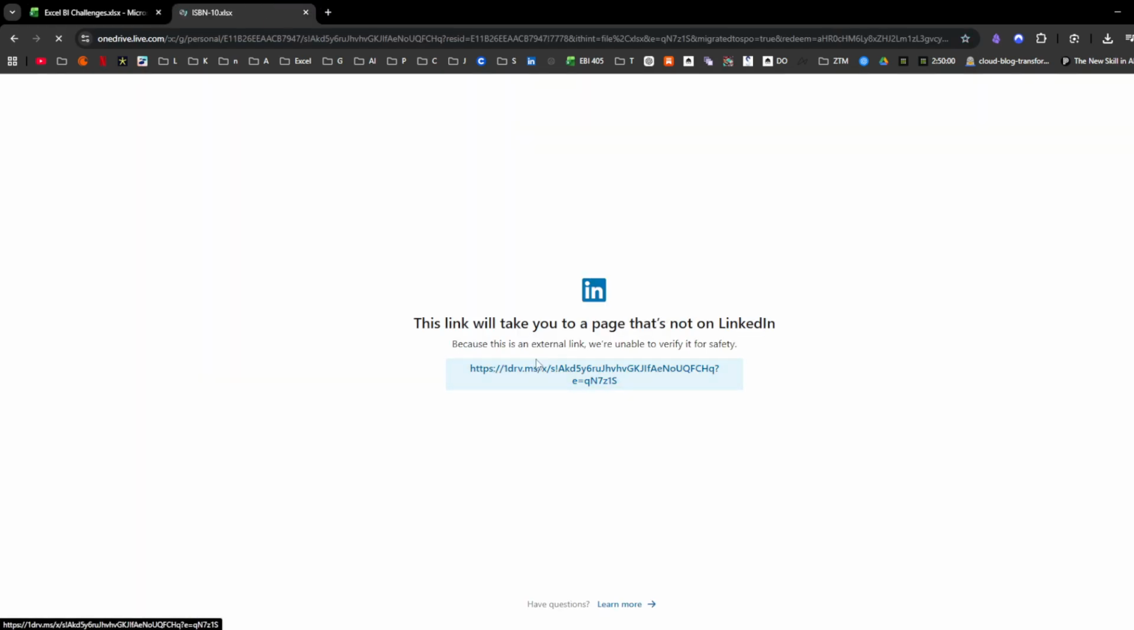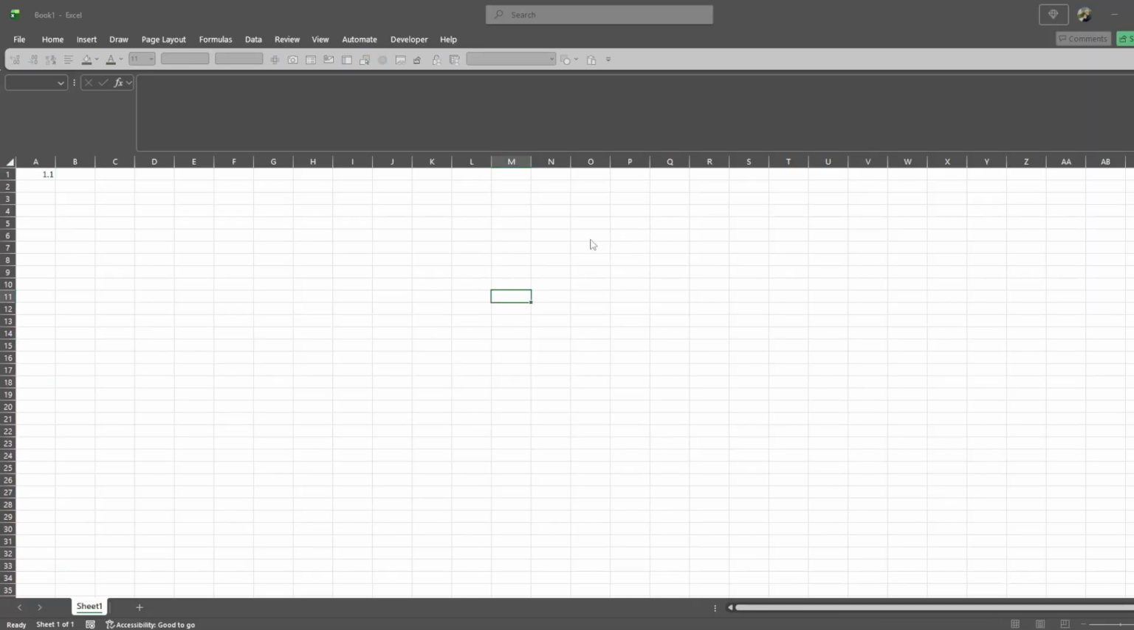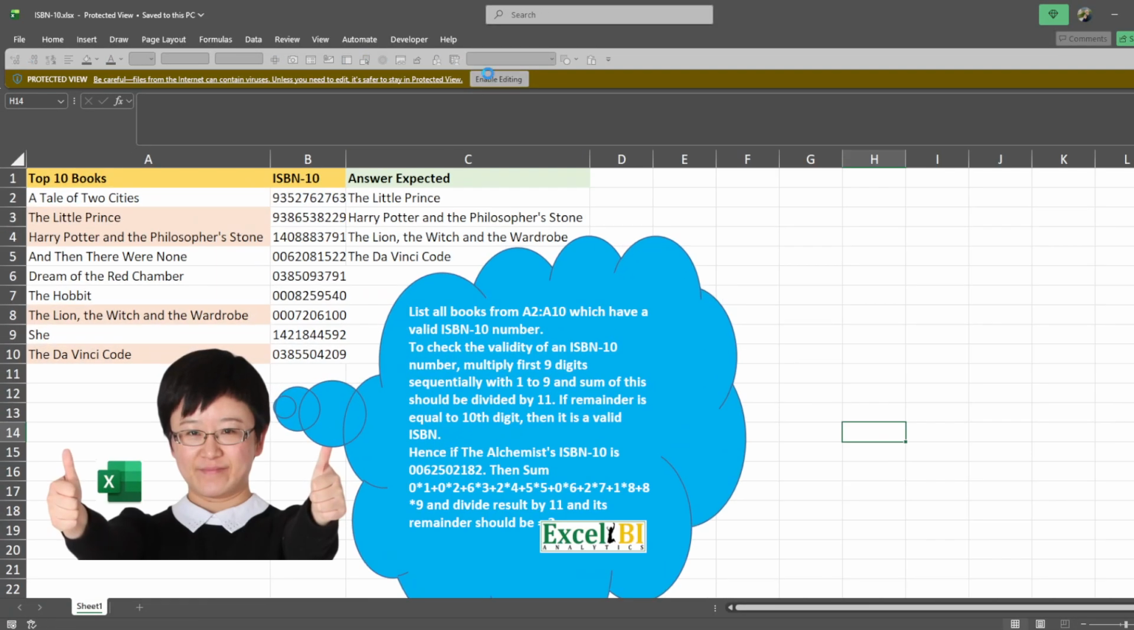Okay. Ooh, the Little Prince. Oh god. This book's from